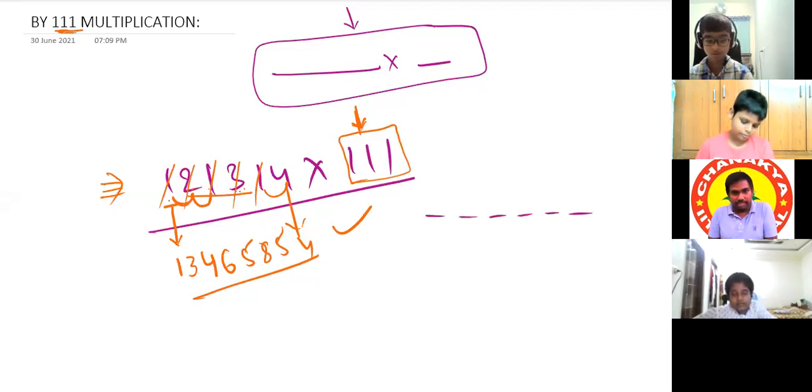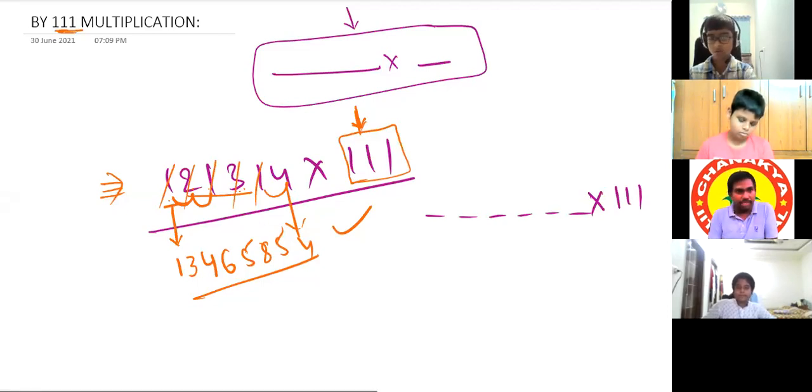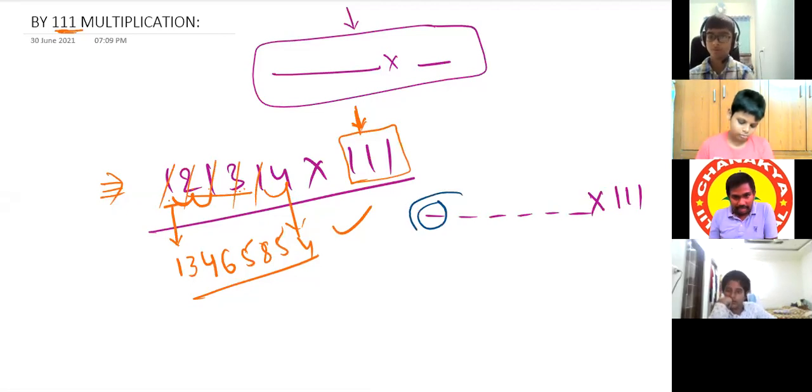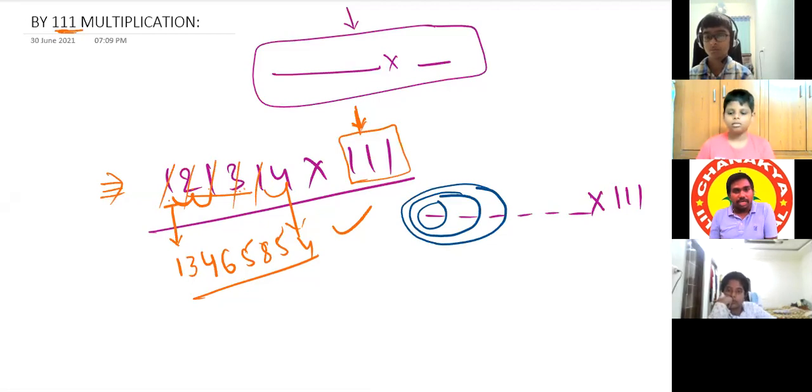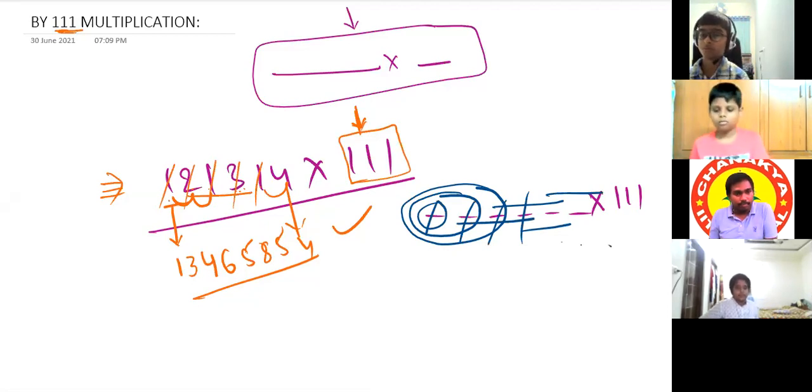Ritvik, just see. If you are going to multiply this number by 3 ones, it means we need to reach up to 3 digits. So take first digit first. Later again from the first only 2 digits. Later again from the first only 3 digits. After taking 3 digits, cancel one digit and take the next 3 digits. Cancel this, next 3 digits. Cancel this, next 3 digits. At the end also, again 3, 2, 1. The last number.